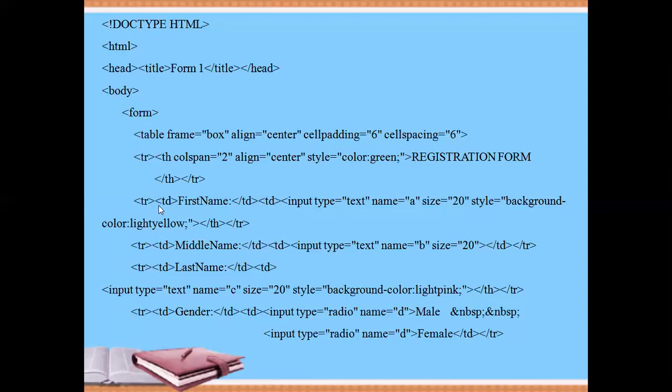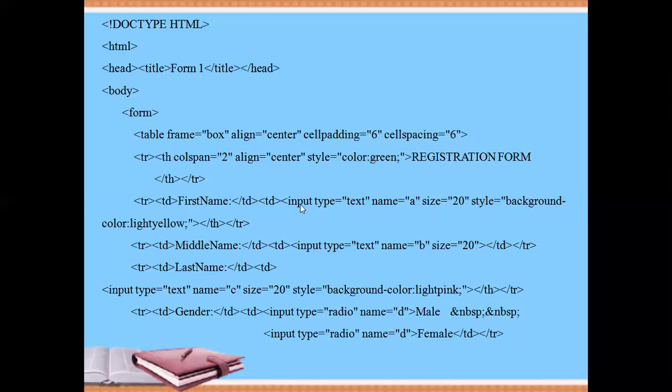The next row, td first name, close td. I'm starting with the first entry text box. In one cell there will be the field name first name, and in the second td, the second cell, input type is equal to text. I had shown you a pink text box. It's the same thing.